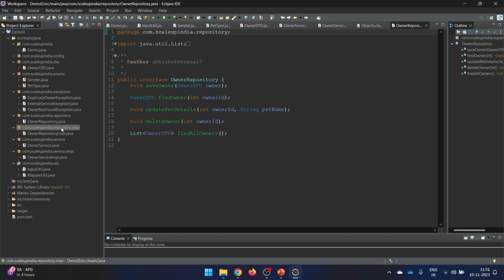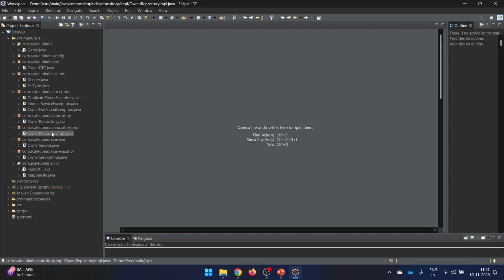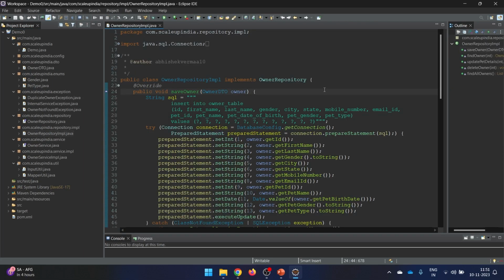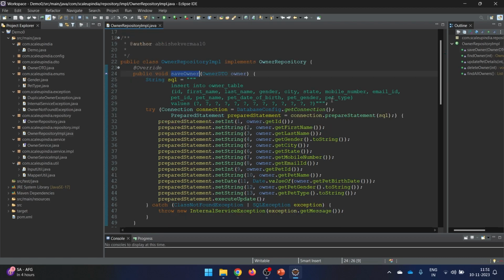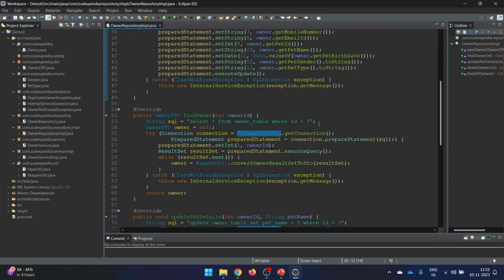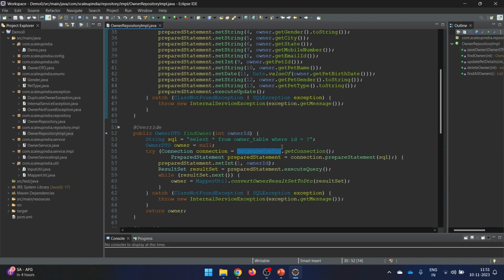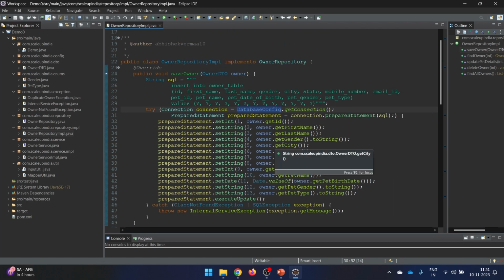So let's see the repository impl, and this is a little interesting. When we go to this repository impl, you see that I'm having this save owner. Here what I'm doing is that first of all, we need to create a connection. Instead of directly creating the connection here, again I'm making use of this class because I need to create a connection in all the methods. So in all the methods, instead of writing 4 or 5 lines again and again, I'm making use of this